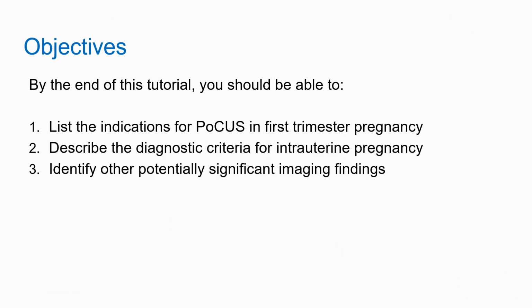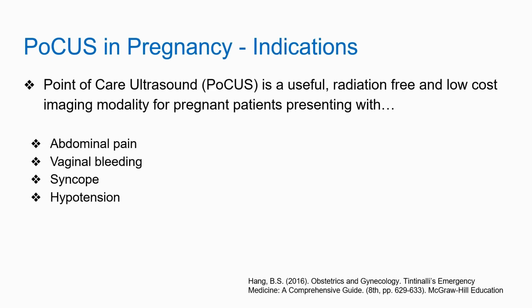By the end of this tutorial, you should be able to list the indications for point-of-care ultrasound in first trimester pregnancy, describe the diagnostic criteria for intrauterine pregnancy, and identify other potential significant imaging findings. Point-of-care ultrasound is a useful, radiation-free, and low-cost imaging modality for pregnant patients presenting with abdominal pain, vaginal bleeding, syncope,